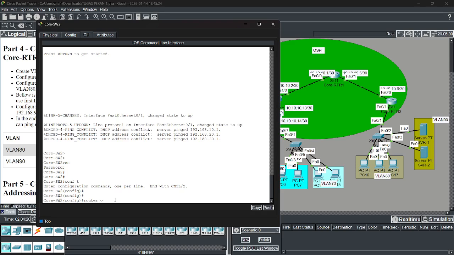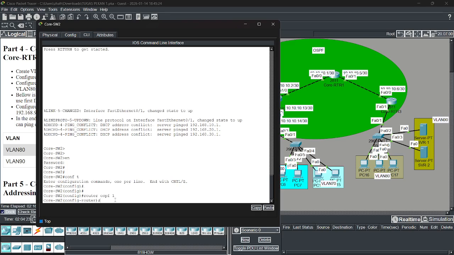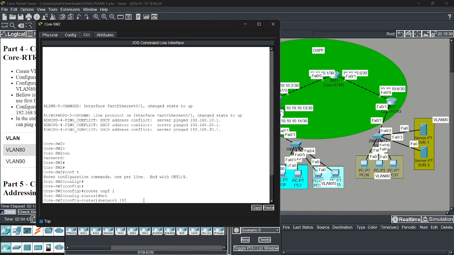Router OSPF 1, network. We broadcast the network. This is the wildcard.